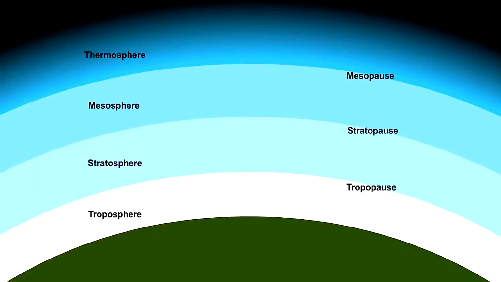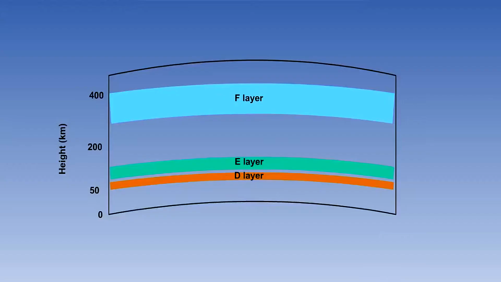Let's move on then to ionospheric propagation. And we'll start with a look at what the ionosphere is made of. The Earth's atmosphere is made up of different layers containing progressively fewer atoms of gases with height above the Earth. From a height of about 50 kilometers up to 400 kilometers, the atmosphere is also designated as the ionosphere because ionization takes place there. It is divided into three layers, D, E and F.